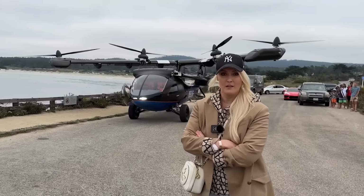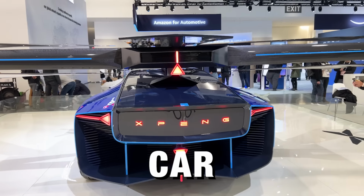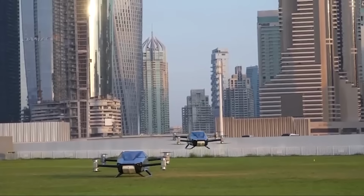It's a car plane. Today, we're moving closer and closer to a world where flying cars could soon become the norm. It's a fully flying car. They want this on the road by 2030. From cars that turn into small airplanes, to vertical takeoff drone-like vehicles,